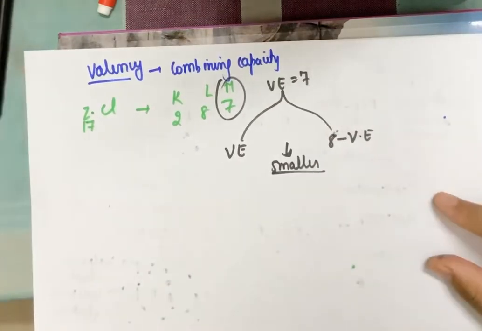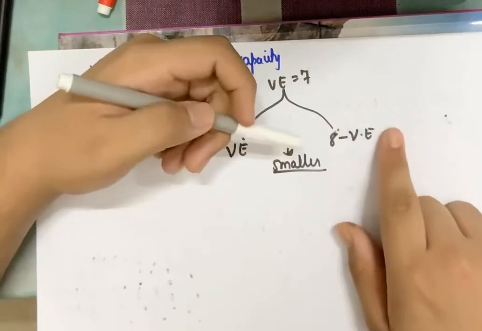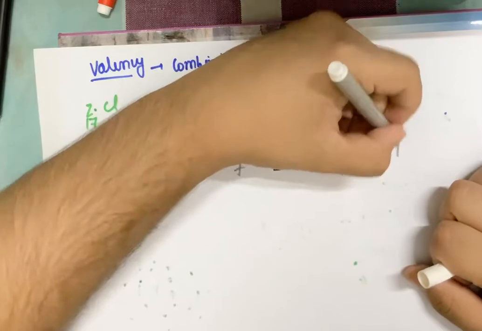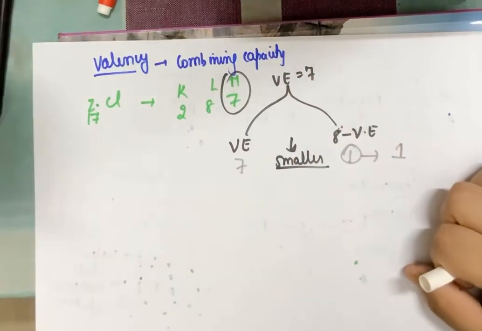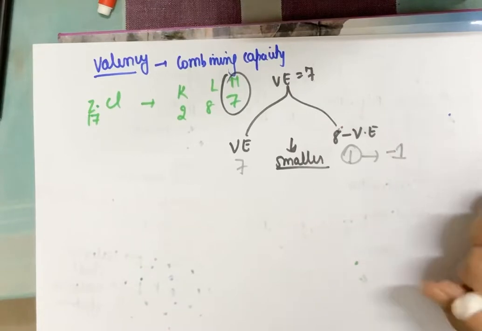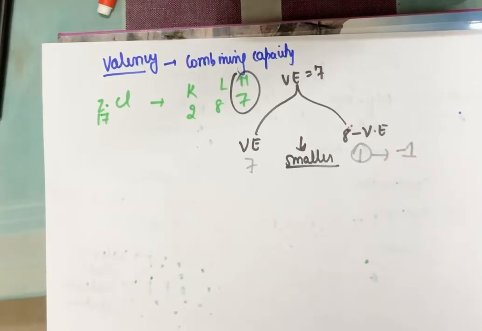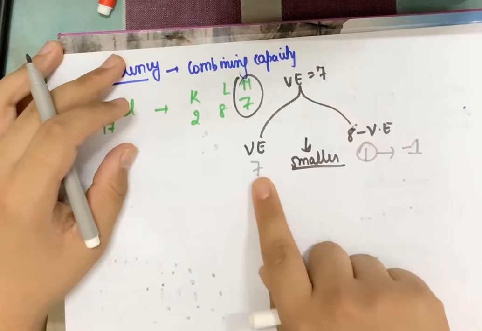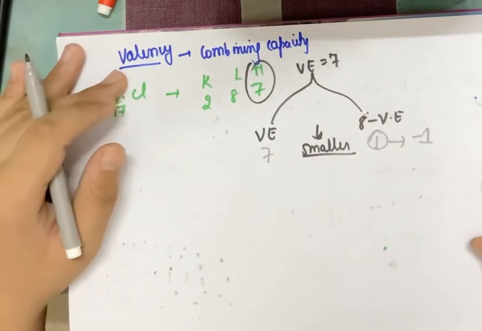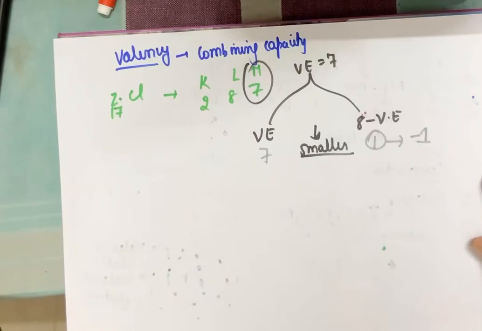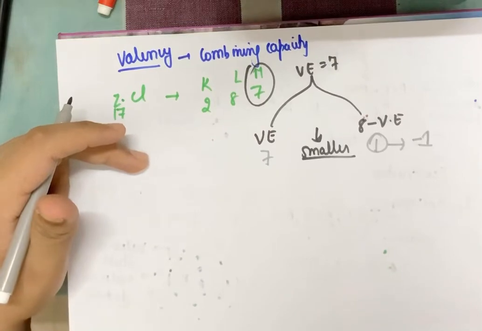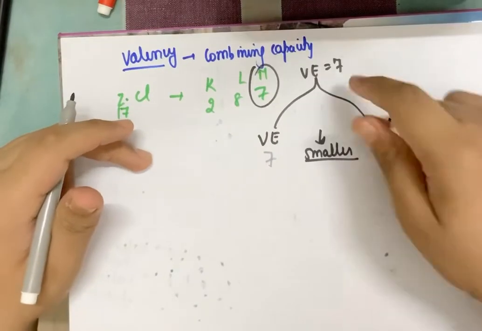Now in this case the valence electrons are 7. 8 minus 7 is 1. So this option gives me 7, this option gives me 1. So what is the valency of chlorine? 1. Okay. The valency carries a negative charge because it's a non-metal, but I'll take the integral value as 1. So after writing the electronic configuration, I can either use the valence electrons or 8 minus valence electrons, whichever is smaller. Here the 8 minus valence electrons case, which gives 1, is smaller, so the valency of chlorine is 1.